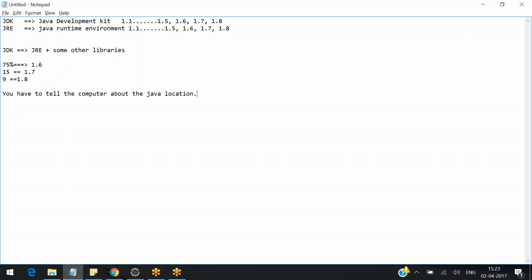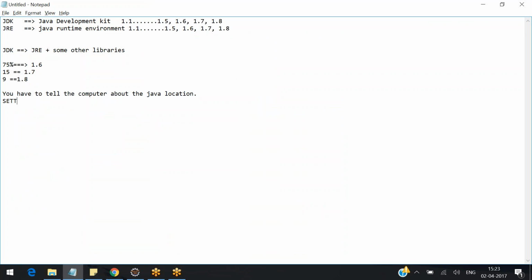This is what you need to tell. How to tell, I am going to tell you. This process of telling your computer where the Java is, when someone types java space something on the command prompt, where to search for that particular file, is called